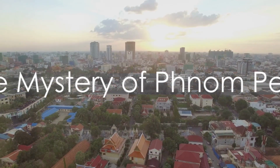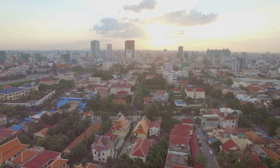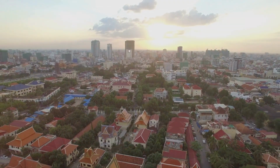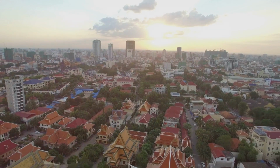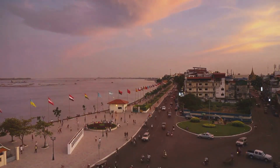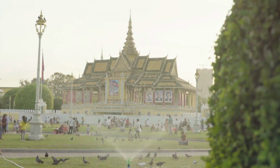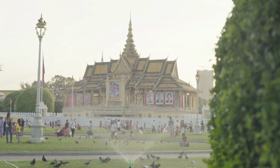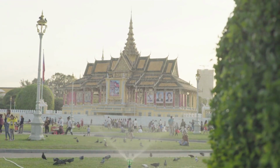Ever wondered about the hidden wonders of Phnom Penh, the bustling capital of Cambodia? A city that has gracefully aged yet vibrantly flourishes, Phnom Penh is a mesmerizing blend of old and new. It's a city that's seen the passage of time, yet has remained resilient, standing strong through the trials of history. Phnom Penh's rich history is visible in its architecture, a saga of temples, palaces, and colonial buildings that whisper tales